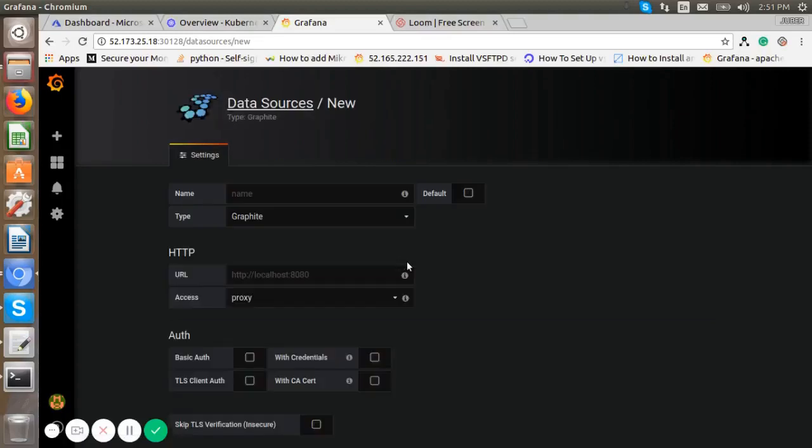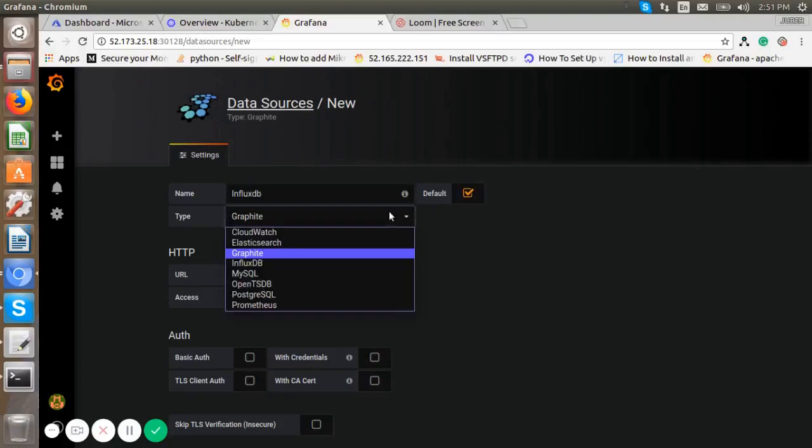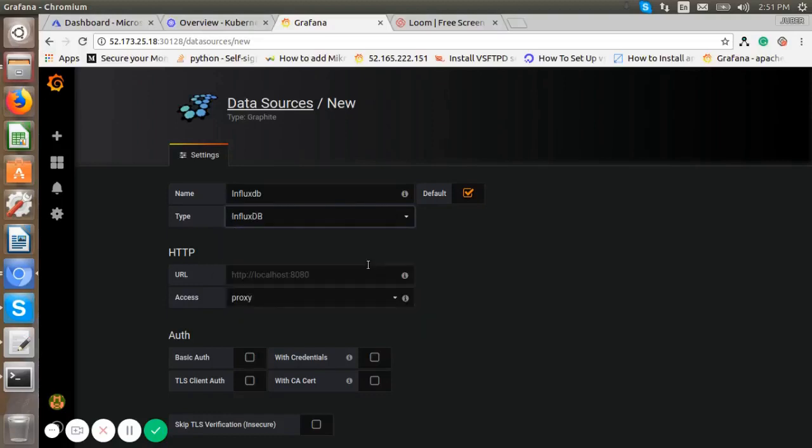Now we can add the data source. Write the name of the data source, InfluxDB. Select the type of the data source, InfluxDB.